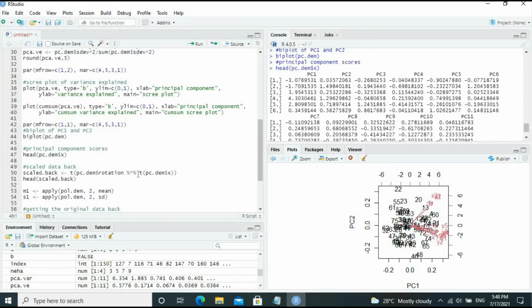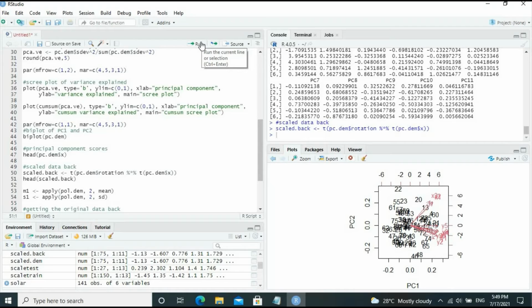This is the principal component rotation, and the transpose is multiplied with the PC dem score values, the principal component score values. So multiply it and the total resultant value is transposed to get the scaled data back. So then we will display the scaled data back. Then we'll find out how to get the original data back.